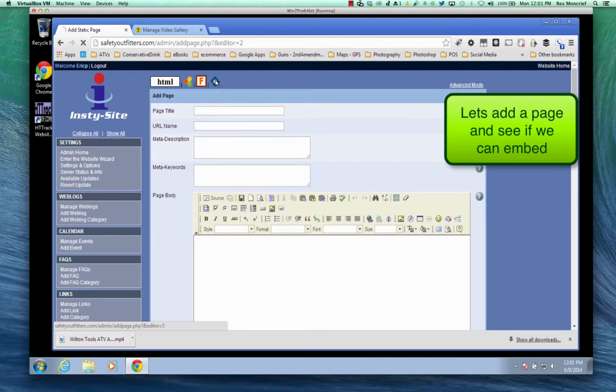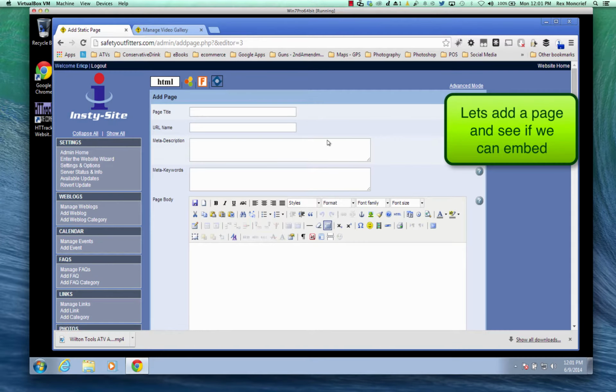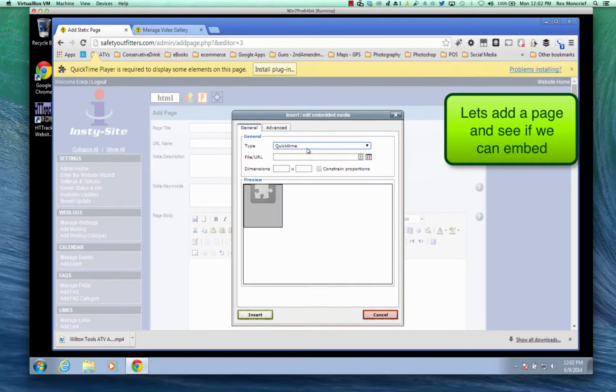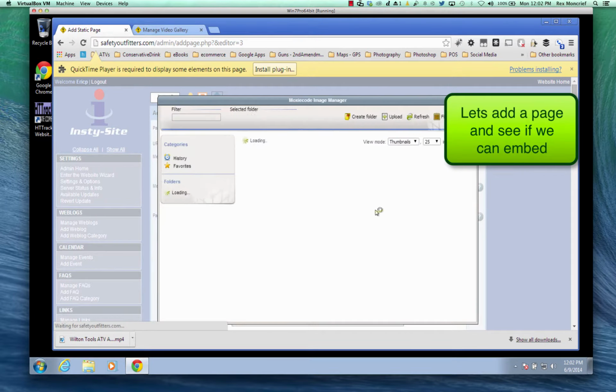Let's go over here to this last editor. And if I go in and insert or edit embedded media, okay. Flash, no, let's see. It's not really going to be QuickTime either. And then we need a QuickTime plugin for that. That's not going to be right. And of course, it's not a Flash video either. It's an MP4. Alright, well, let's just leave it at Flash. Let's see if we can find the darn thing first. So let's hit our browser